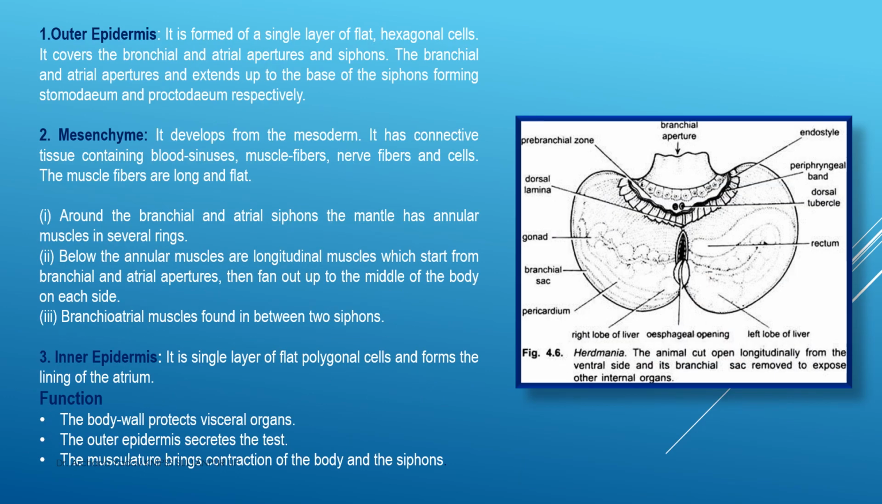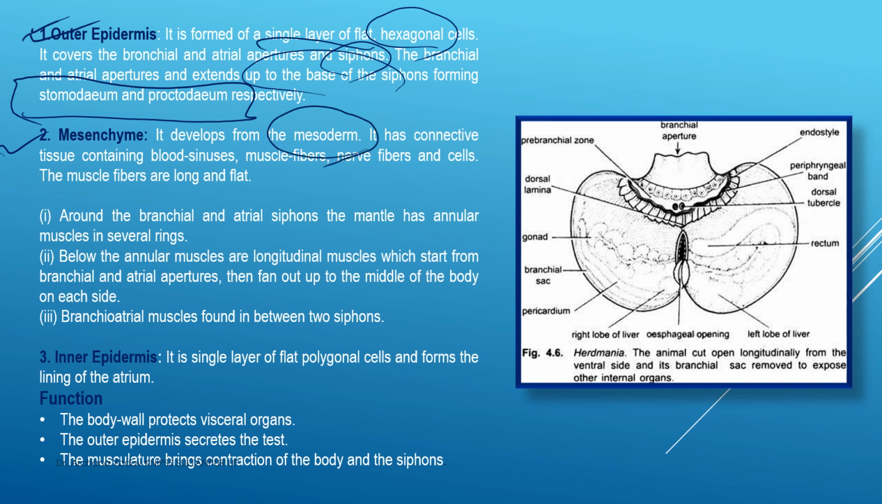Now about the outer epidermis. It is formed of a single layer of flat hexagonal cells and it covers the branchial and atrial aperture and its siphon. The branchial and atrial aperture extend up to the base of the siphon and they form the stomodeum and proctodeum respectively. Now about the mesenchyme, it is developed from the mesoderm and has a connective tissue containing blood sinuses, muscle fibers,